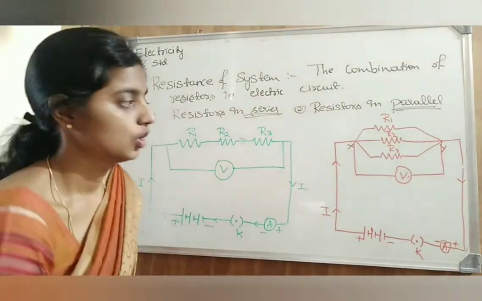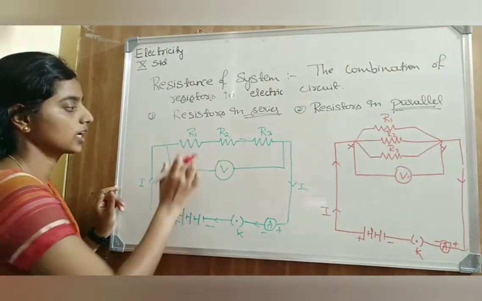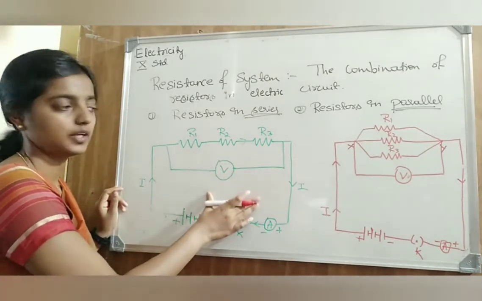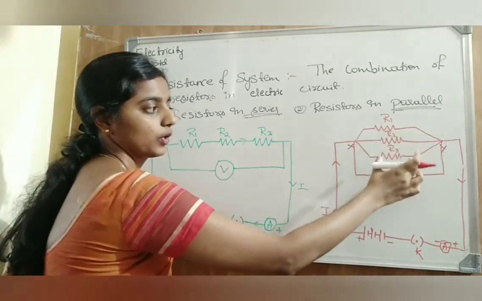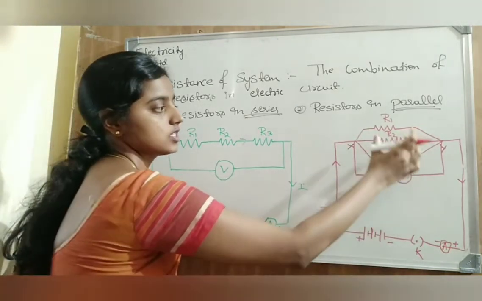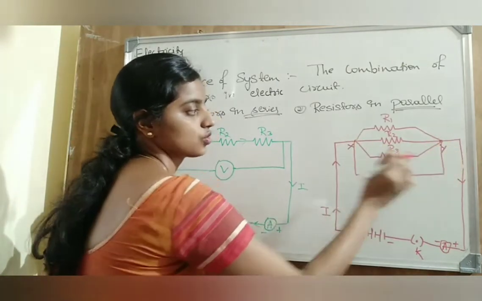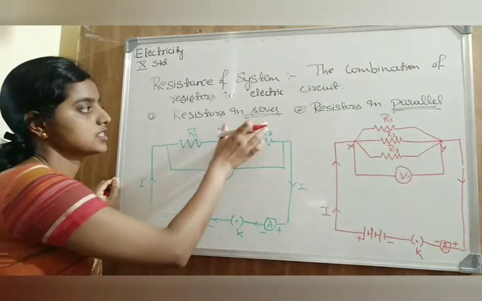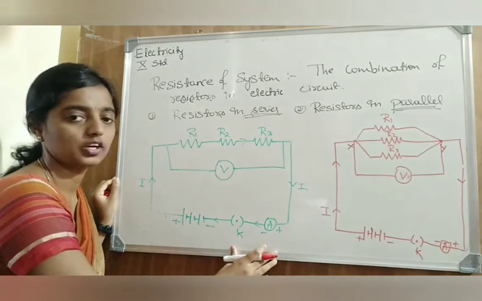Now just look at both the diagrams. In series, the resistors are connected end by end. The rest of the instruments are connected. And in parallel, resistors are connected one below another, and these three resistors have the same points to connect, that is X and Y, right? This is how a resistor in series and a resistor in parallel look in an electrical circuit.